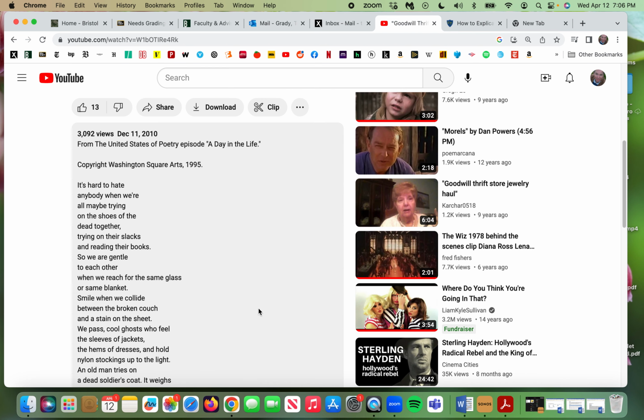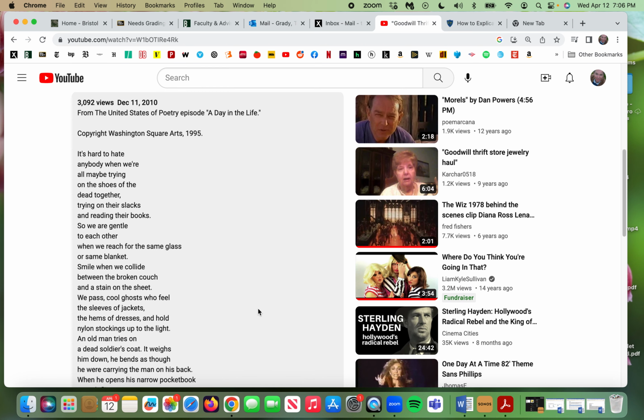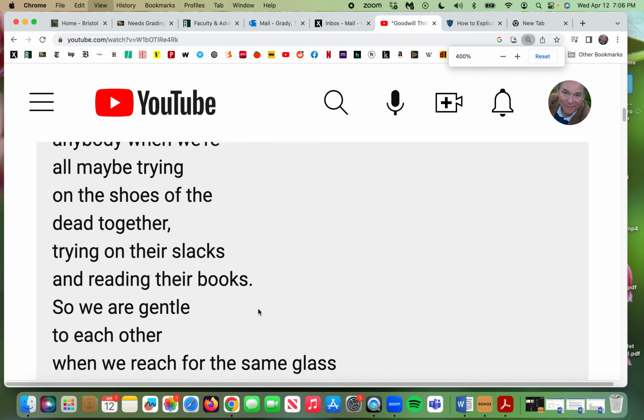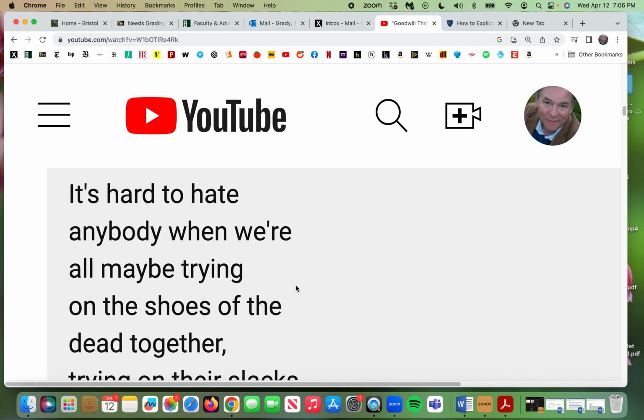Now I'm going to do a close reading of the text. So let me examine the words. One of the things about reading a poem is it's always a good idea to read for the end of a sentence, not how the poem is laid out. Don't read for line breaks, or it will sound really halting and confusing. Poets use line breaks for rhythm and rhyme or for a visual scheme, not necessarily for meaning.